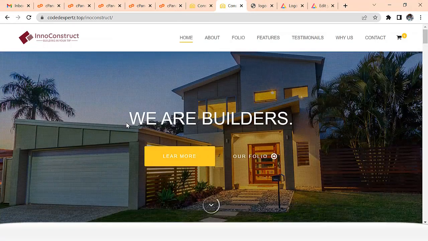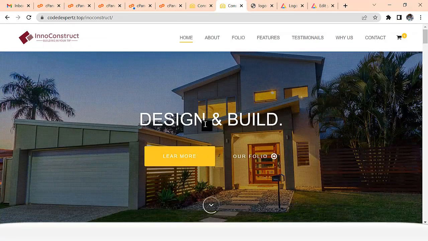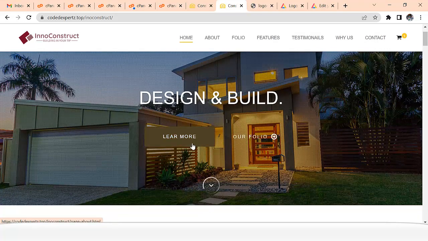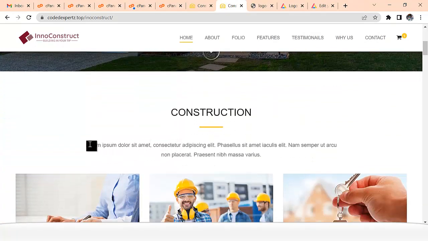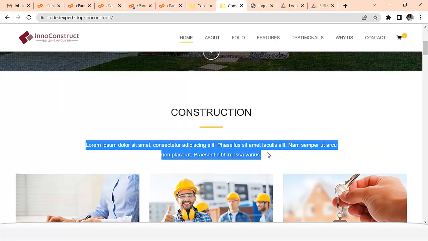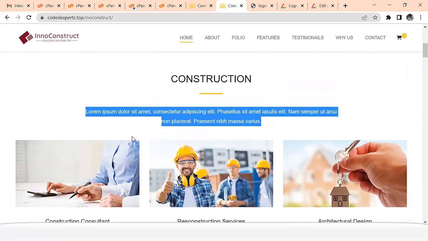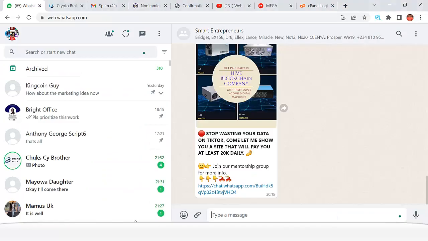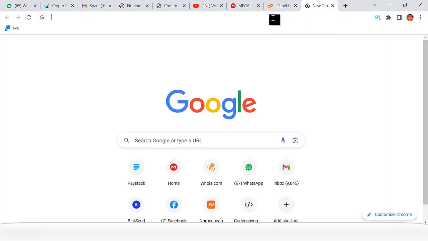So the next thing I'm going to do here, we are builders. I like that text. Design and build. I like that. The next thing I'm going to do is change all of these texts right here. Can you see that? I'm going to change all of these texts. What I'm going to do is go to ChatGPT, and tell ChatGPT to generate